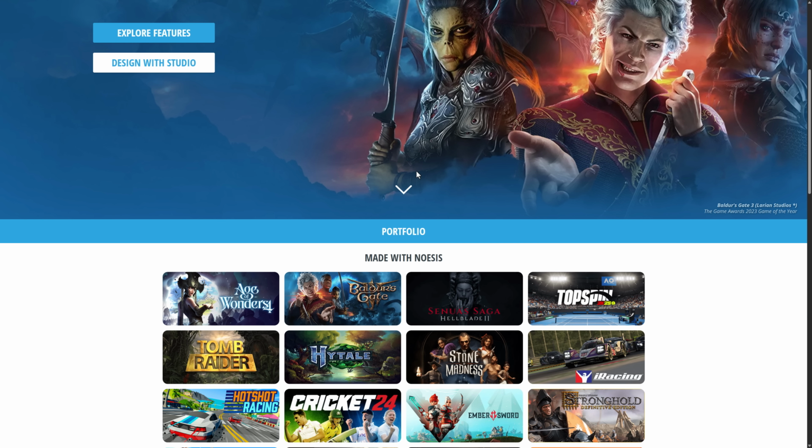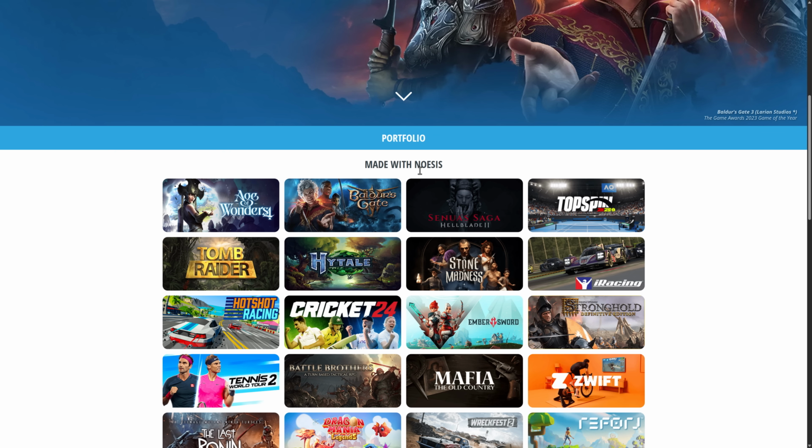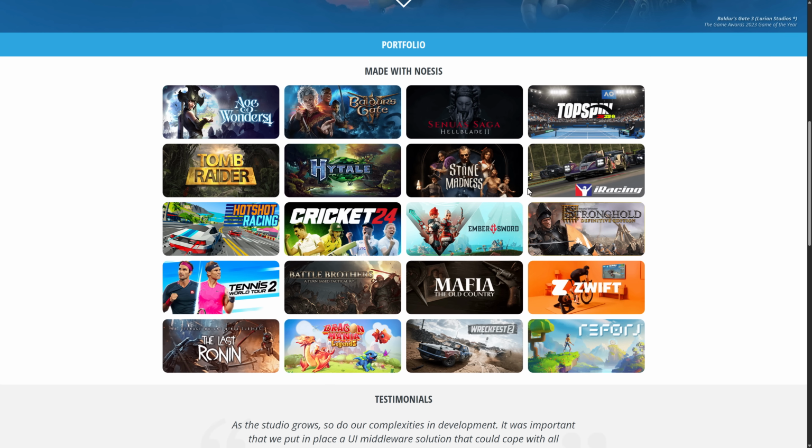So you can use Microsoft Expressions to create your user interface, but they also have their own editor now. This is probably the most direct competitor you're going to find to OG Scaleform, but instead of using Flash, it's using XAML. And you can see some of the games that were created using it on screen right now. The biggest ones you're going to notice, no doubt, have to be Baldur's Gate 3, but then you got Senua's Sacrifice, the Hellblade 2 version, Age of Wonders 4,